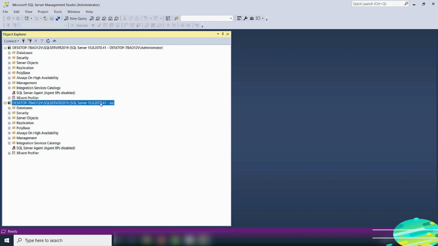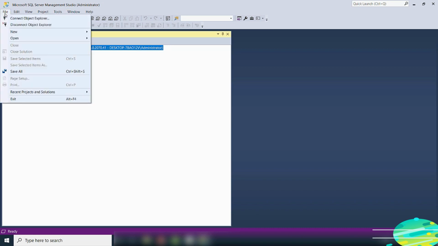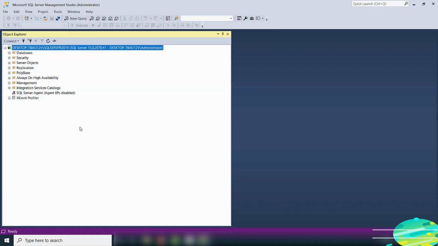To disconnect from a particular instance, while the instance is highlighted, there is an option here to disconnect. I just click on it and that will disconnect from the instance. If you want to disconnect from all your instances, you can just click on this icon here that says disconnect. That will disconnect from your instance. And then to exit Microsoft SQL Server Management Studio, you just click on File and there's an option here to exit. In this video, I showed you how to connect to an instance of SQL Server